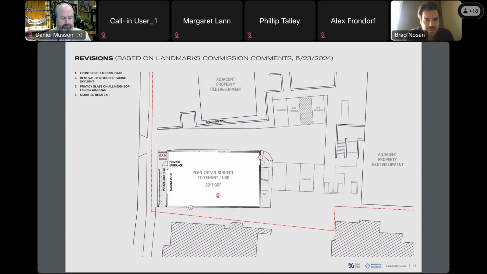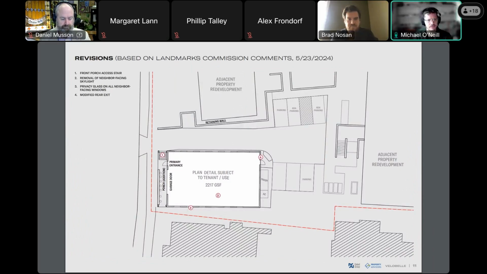So I'll let Mike take this over, but basically these are revisions based on your feedback and feedback from Landmarks. I believe we received conditional approval when we went through the conceptual schematic plan here. Go ahead, Mike. Yeah, so a few things were brought up last time that we tried to address here. We also started exploring what types of tenants might be in here and looking at some hypothetical floor plans.